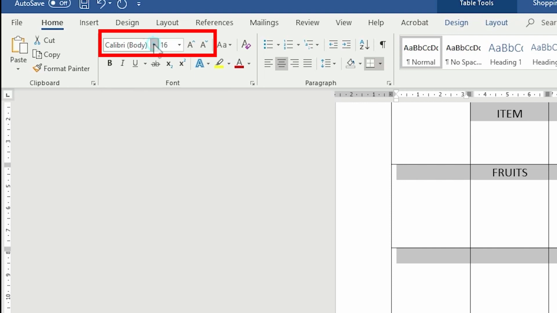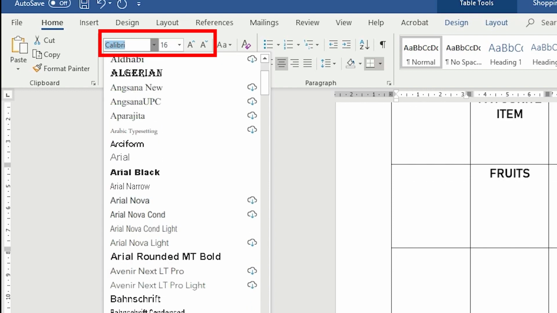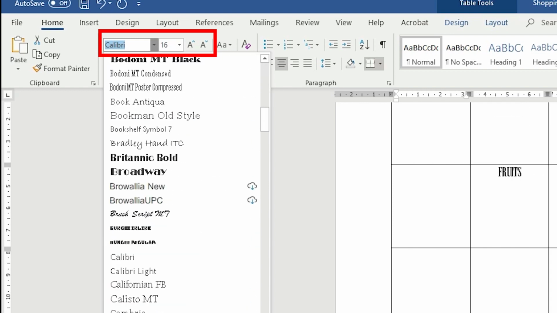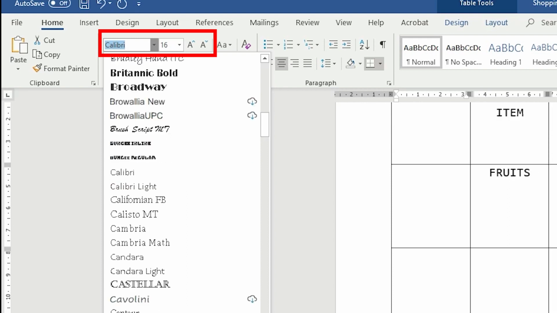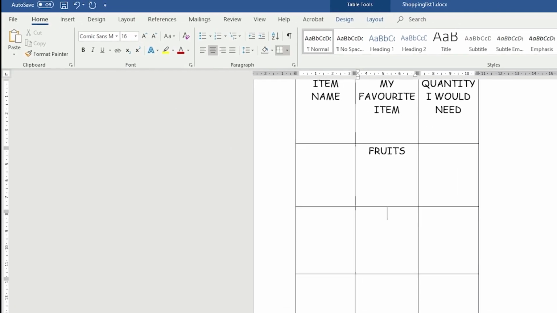I can also change, since the whole table is selected, so I'm going to change the font to say Comic Sans. It is readily available in all the systems, so I'm changing it to Comic Sans MS. Alright, I will also be changing the color.